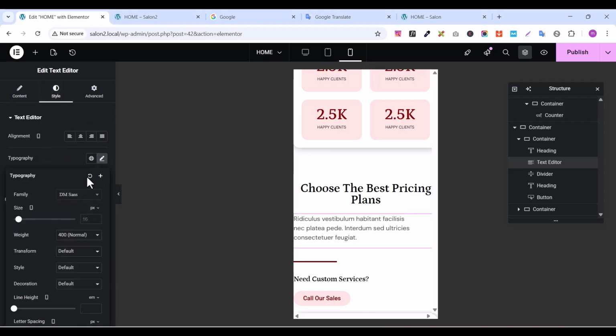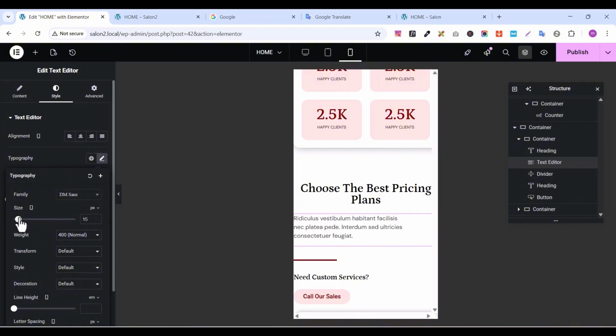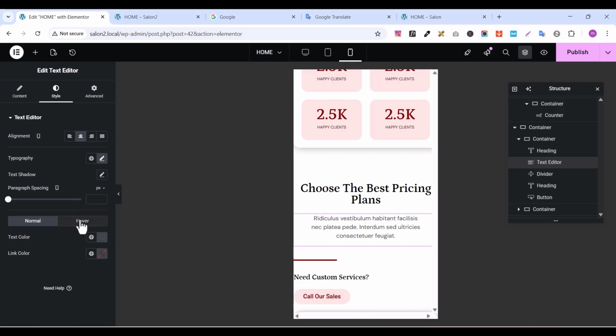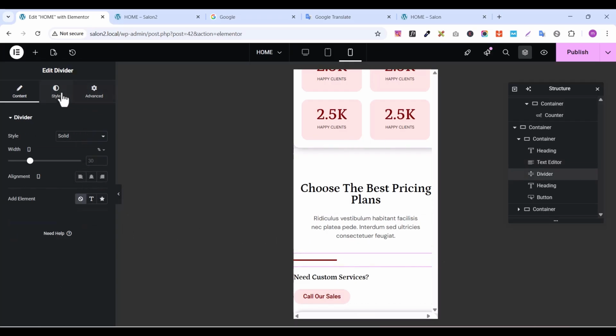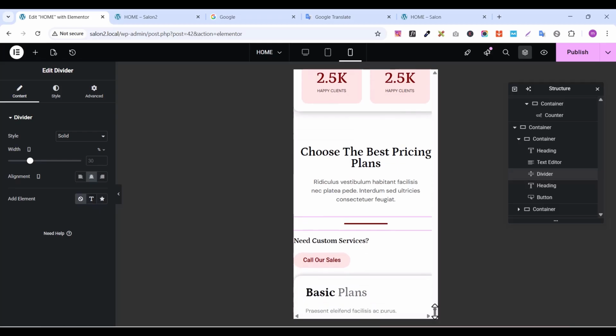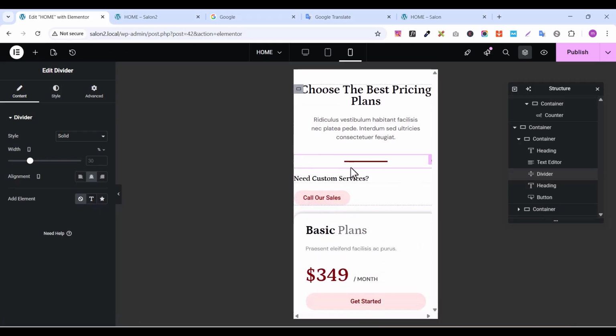Go here, change the font style. Then you can align this one, select the divider. Then we can go to style or go to content back and align it. All right, so let's